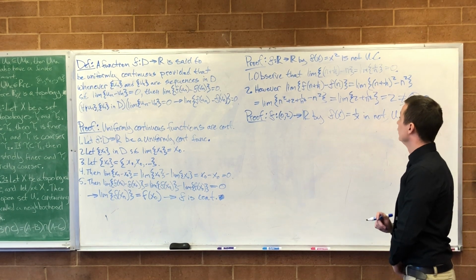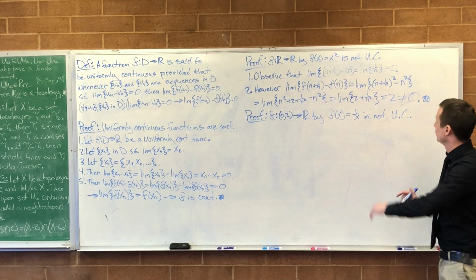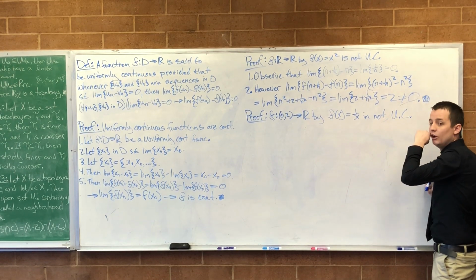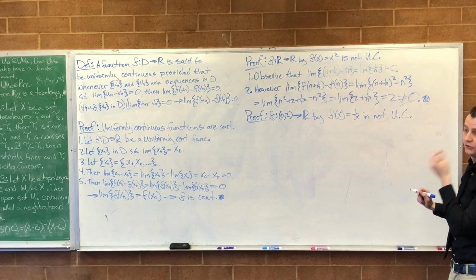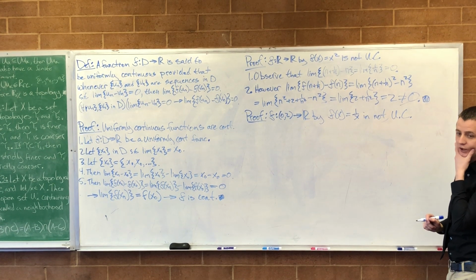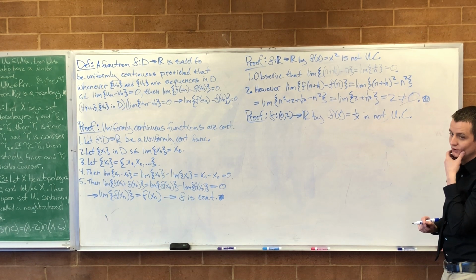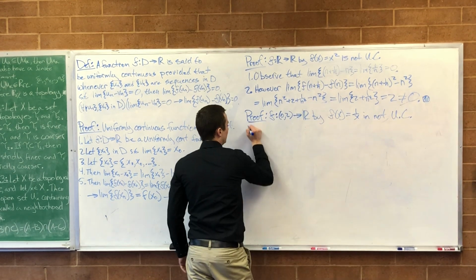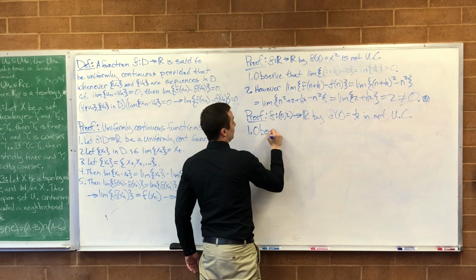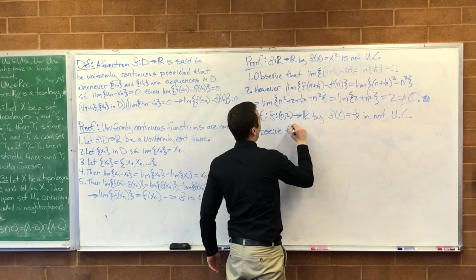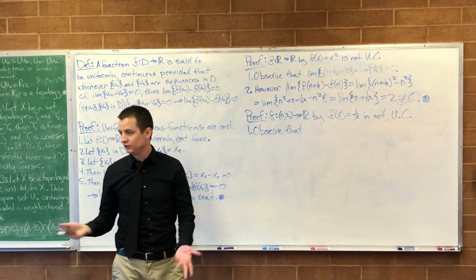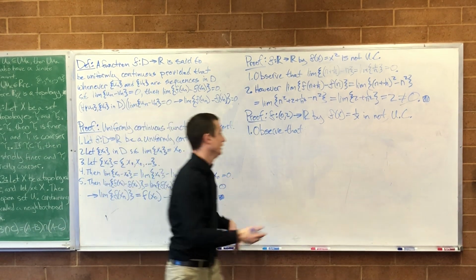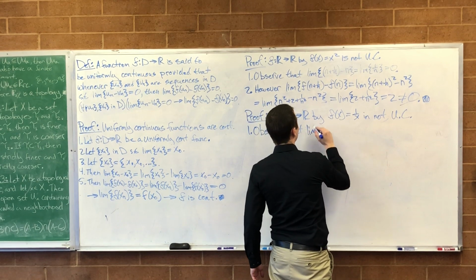Pick two sequences. Maybe writing out the whole proof here wouldn't matter as much as just finding the sequences, and maybe you can do it from there. What are two sequences such that their difference converges to 0, but the image of their difference doesn't? Okay, maybe I'm expecting you to make too much of a leap. So we just have to pick some. Observe that the whole challenge in these problems is coming up with these initial sequences, and then it's just showing it. So observe that the limit of